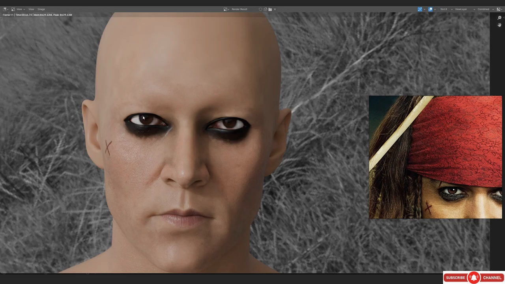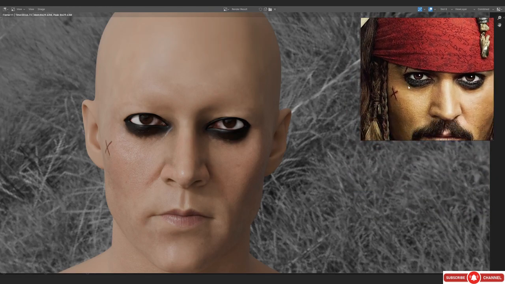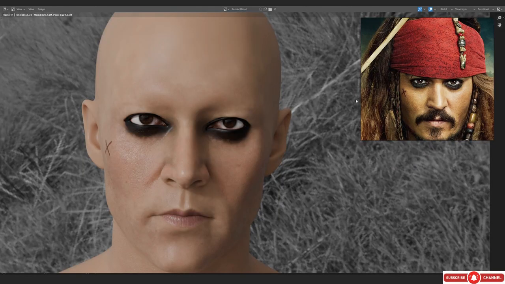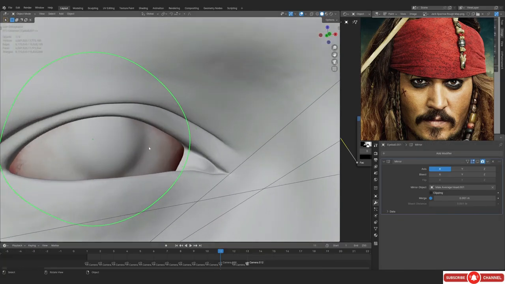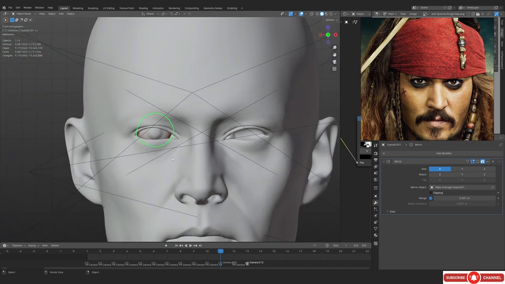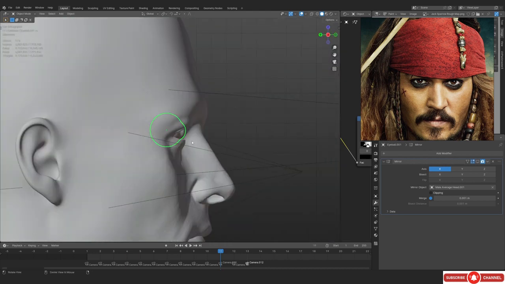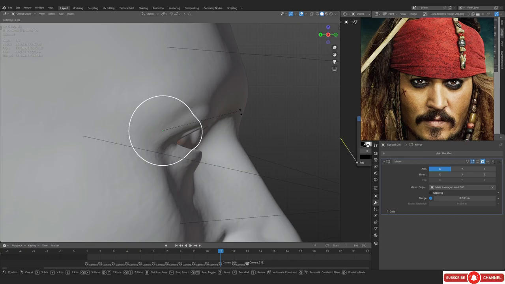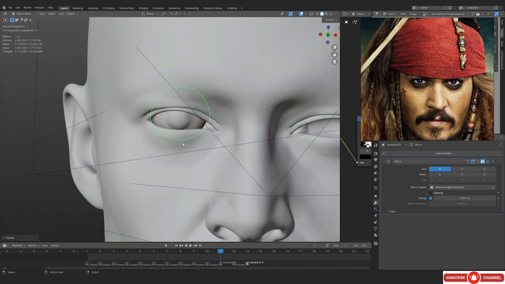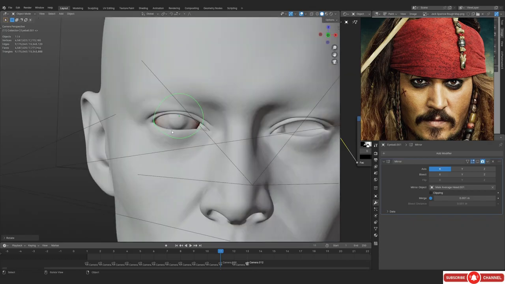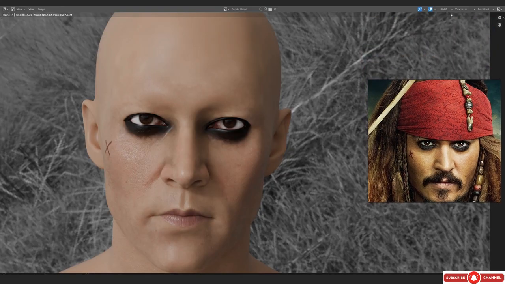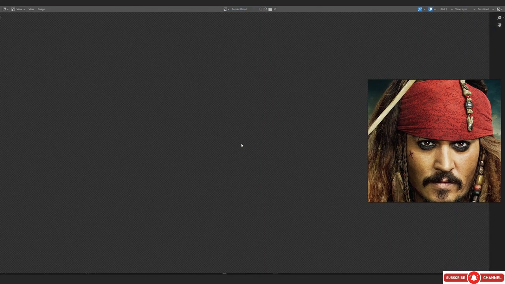Let's just compare, by the way. So this is what we have after scaling down the eyeball. I think it's looking better now. So now we can actually just continue the painting, or maybe I'm just going to adjust the rotation of it a little bit. Let's see. Yeah, you can see that I'm going on to the side view, and I'm just rotating it down basically. So I'm literally just seeing the same thing that my past self was seeing, and that's really good.